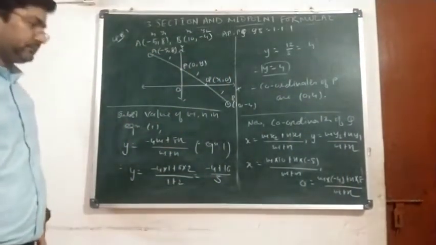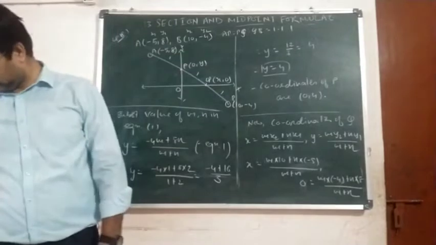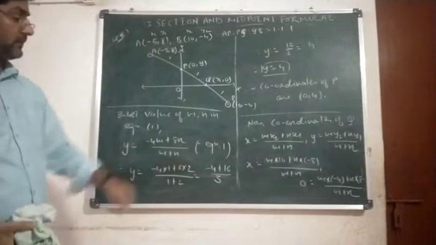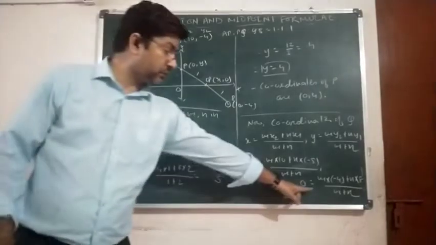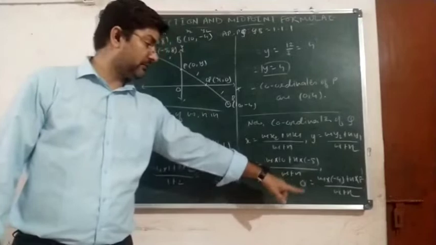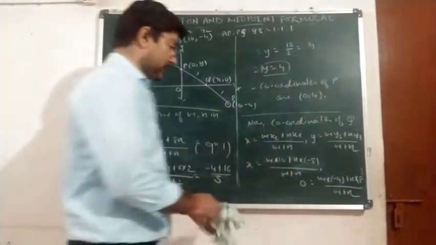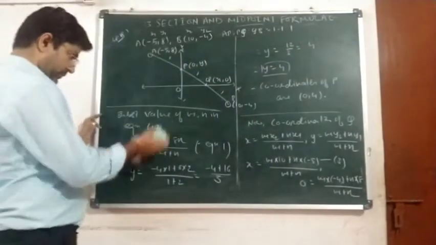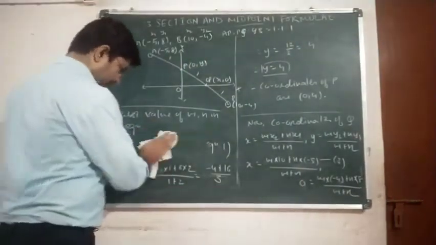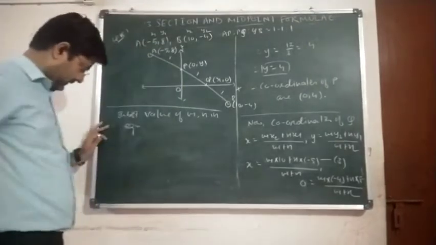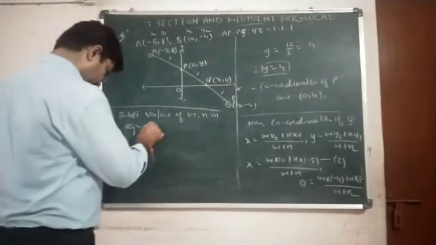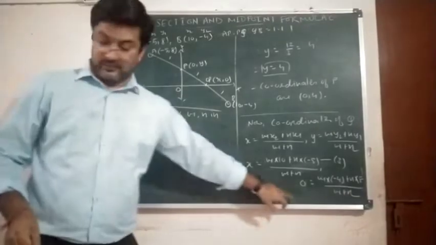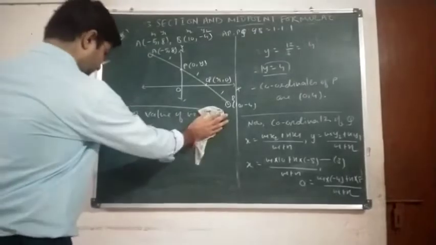Now let us simplify to get the first ratio m is to n using this equation, and then the value of m and n we will put in this equation. Let us number this equation to be number 3. Okay, now substituting value of m and n in equation 3, but before that we will simplify this. Afterwards we are going to substitute.